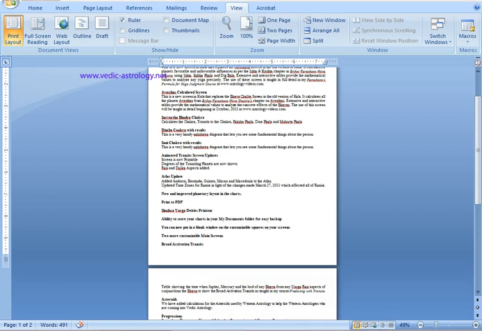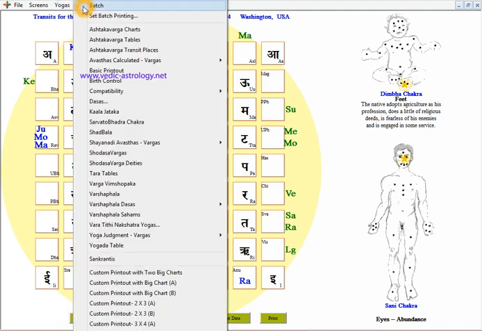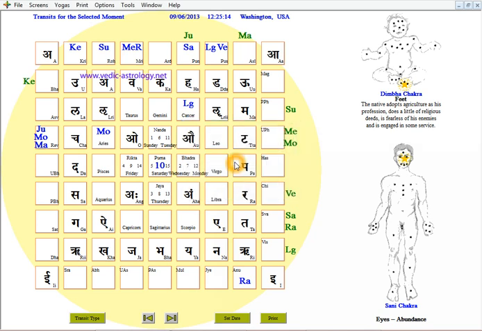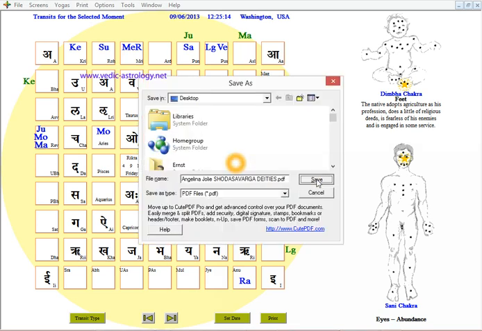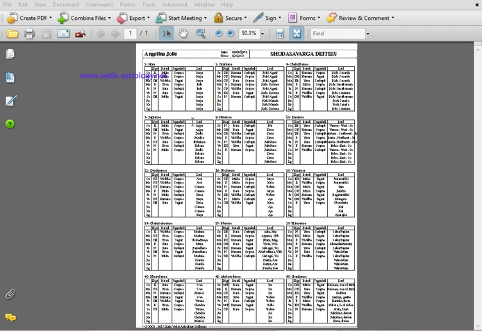Oh, we did a Shodashavargas printout. You can print out all your Shodashavarga deities here, so we can save it as a PDF. Anyway, it's somewhere. It shows all the deities. So this shows all the Varga deities. So in the Hora, we got the Lord Surya, Indu, all the deities of the nakshatras,